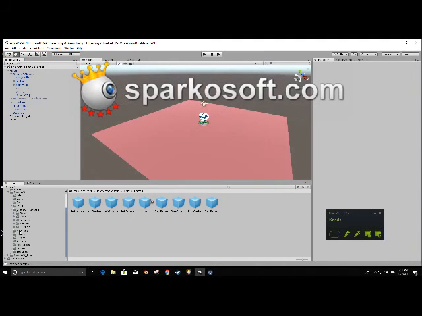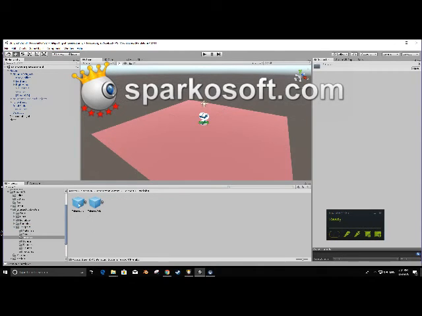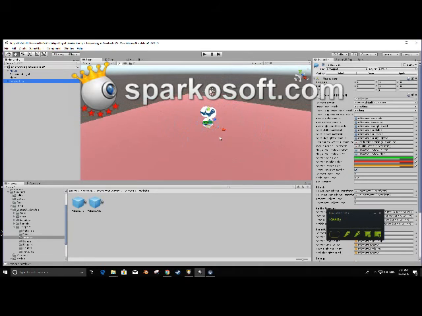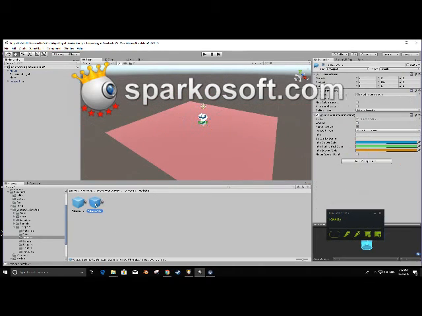Under interaction system, go down to teleport and open that folder up. In there are prefabs, and the prefab you want to add is teleporting. So we want the player to be able to teleport. I'm going to take teleporting and drop that into my scene. There's a teleporting pointer and debug and audio sources and cool things in there. But having that teleporter in here means that now I can take the teleporting point prefab and place that